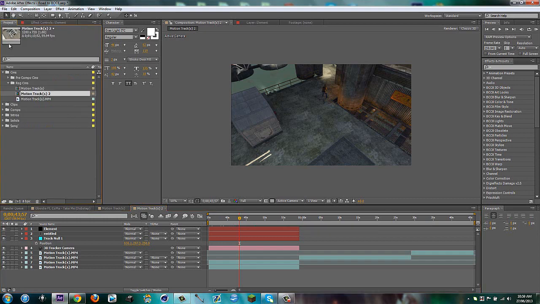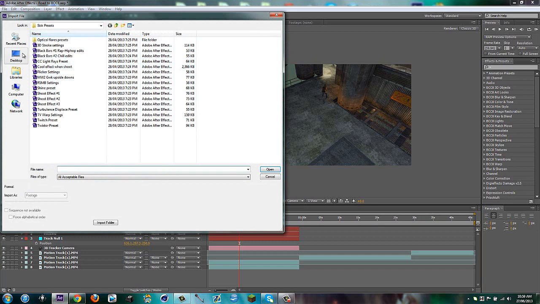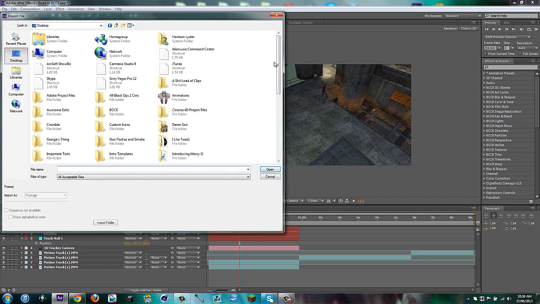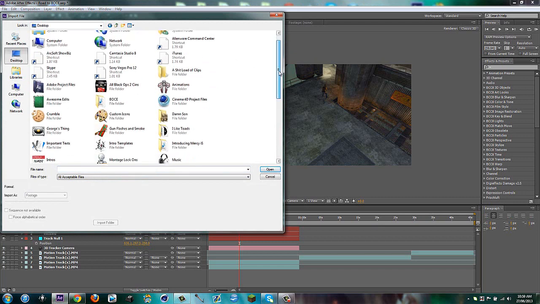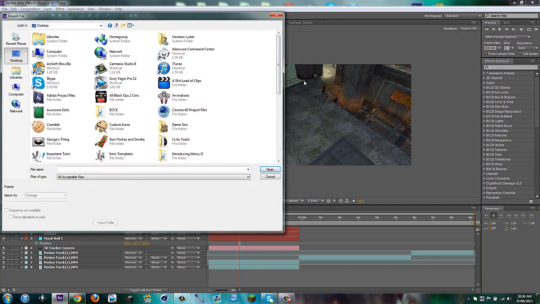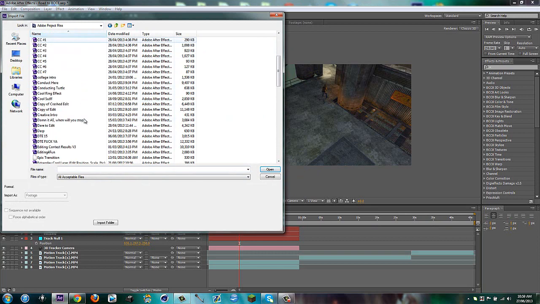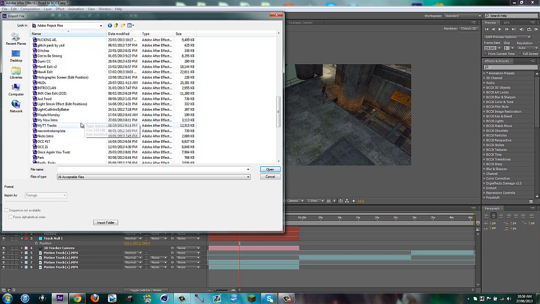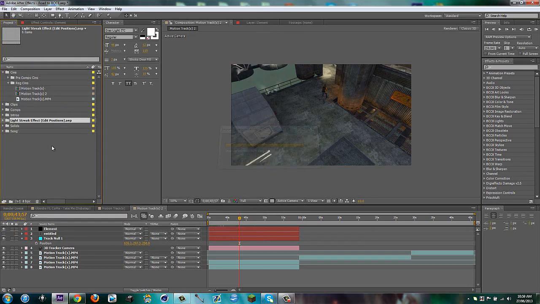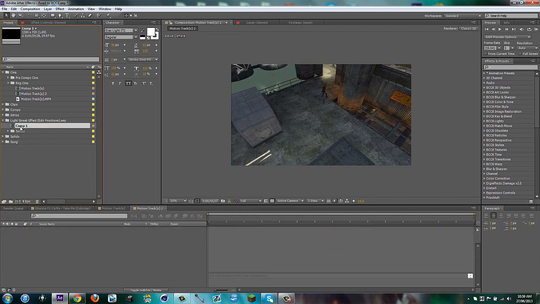So you know what I might do is, quite a while ago, I made a little template. One second. I made a little template for a 3D... what's it called? Streak light. Anyways, I'm gonna use that. I'm gonna see if I can find it. Streak light, or light streak. That's it. Okay, I'm gonna open up this comp,